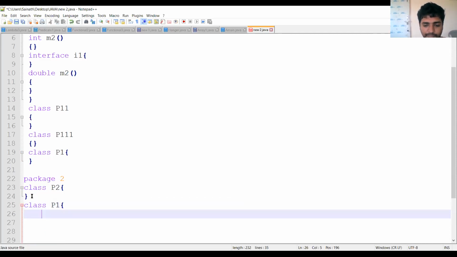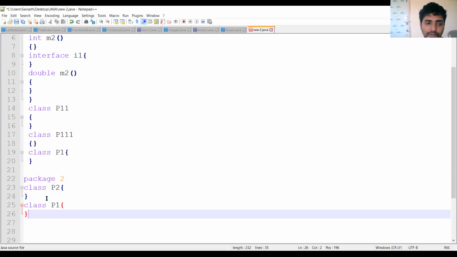This is valid. Why? Because this is in a different package. In the same package, we don't create classes with the same name, but we can create the same class name in two different packages.